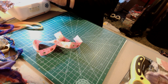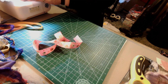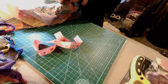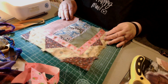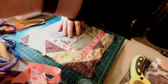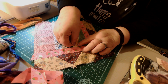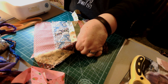But just something like this, that anyone can do, you don't have to have any skills at all. All you have to do is have some rags. Call it a rag quilt. Okay, let's see. I'm calling this a rag quilt, although as I read in books, this isn't exactly a rag quilt either, because a rag quilt has got some specifications to it. This one here does not have any of those. Okay, so, but anyway,